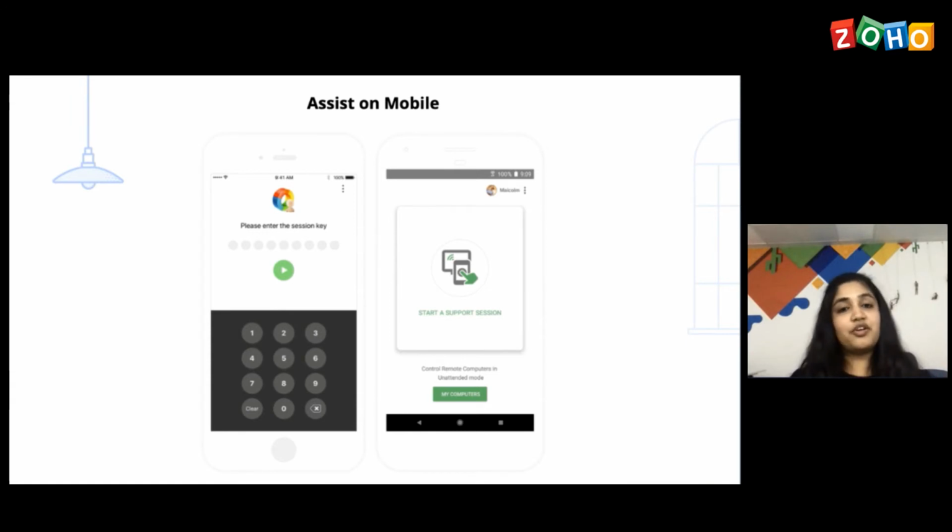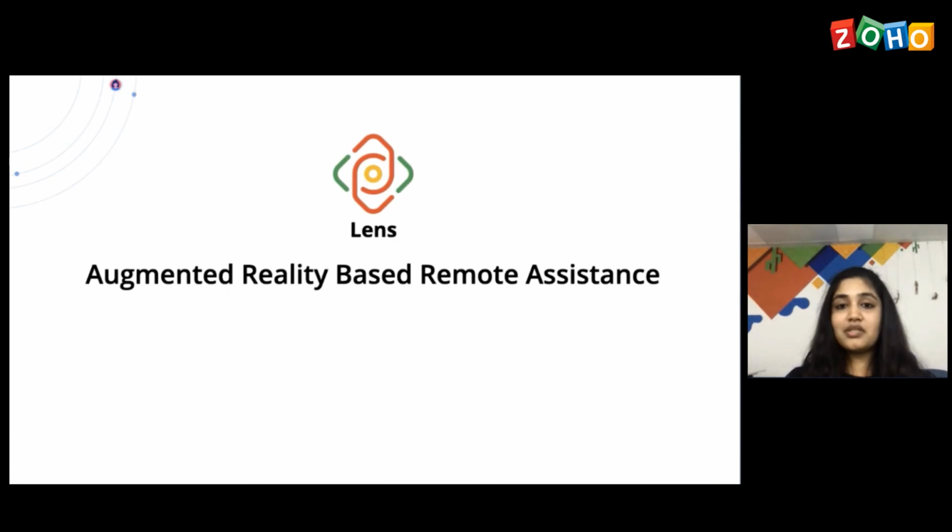Let's say you're a support agent and you're filing tickets and there's a customer who needs help. Immediately, with just one click, you can connect to Zoho Assist and help the customer by using a screen share. So that's all I have for Zoho Assist. I'll move on to the next product, which is,